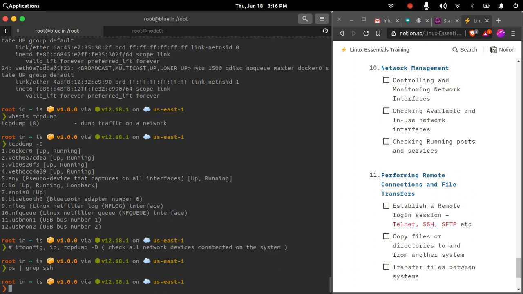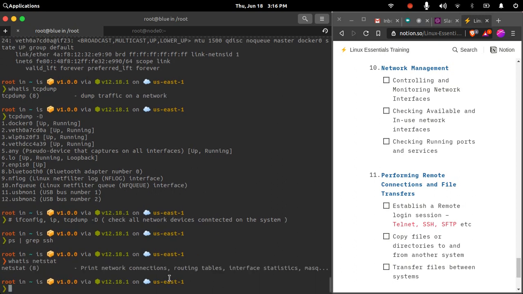I don't have SSH running on my system, but I can investigate what services are running and what their port numbers currently are. For that I will use the netstat command. netstat is used for checking the network statistics on the network devices and what the currently running network connections on my system are. So if I run netstat,